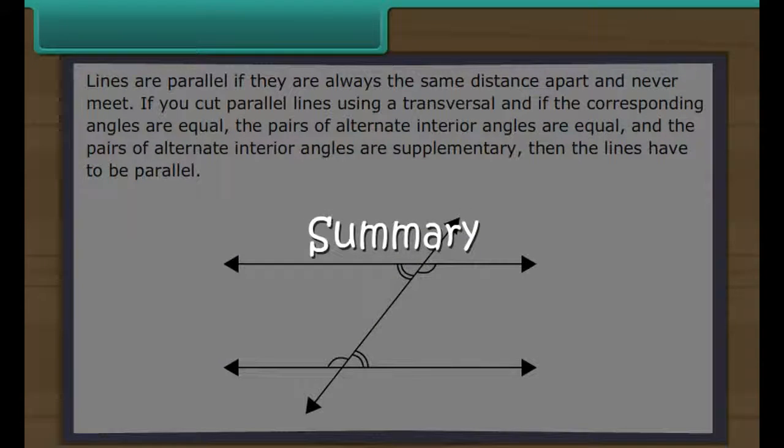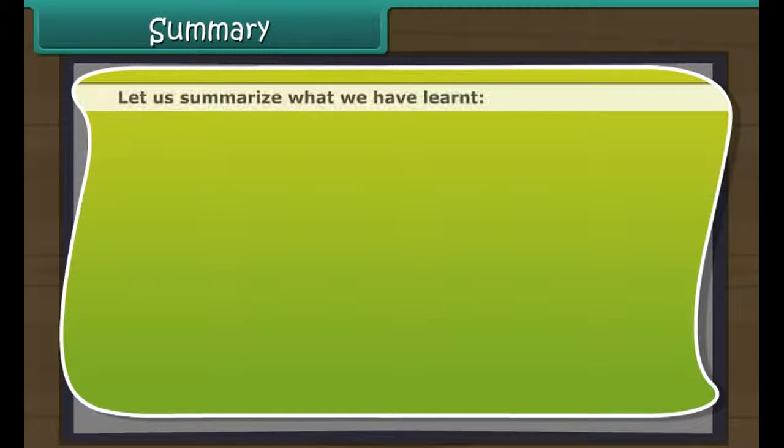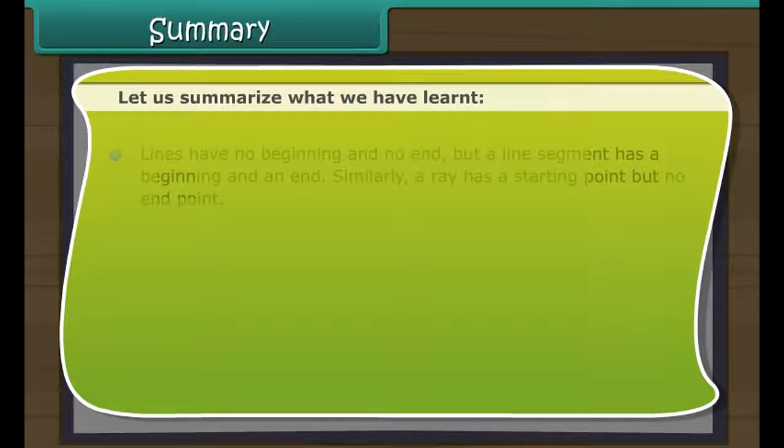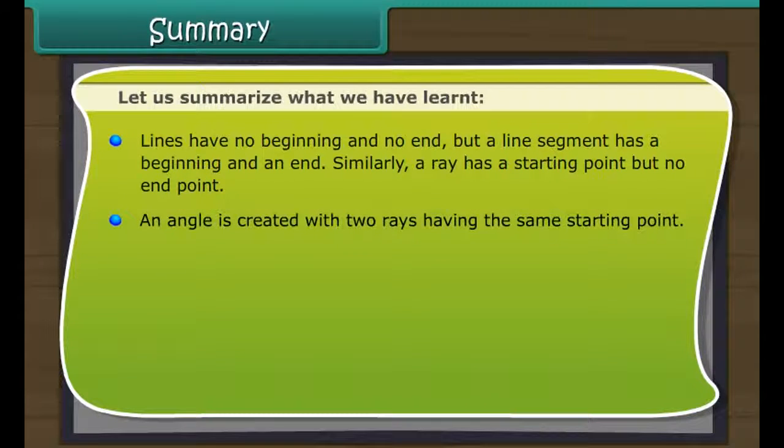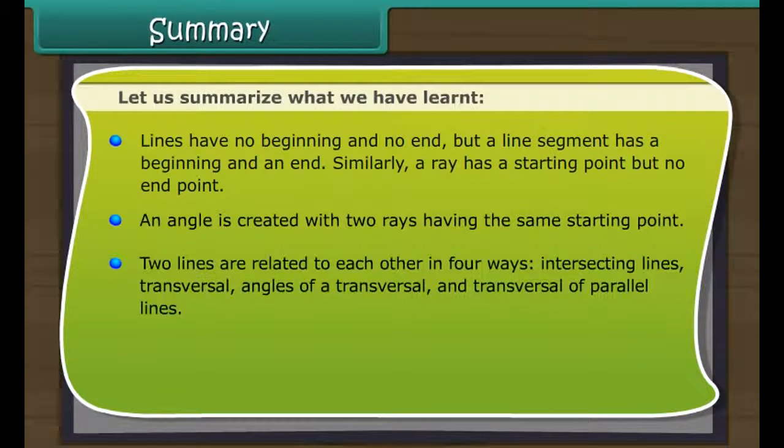Transversal of parallel lines. When a transversal cuts through parallel lines, you will see that corresponding angles are equal. Pairs of alternate interior angles are equal. Pairs of interior angles are supplementary. Parallel lines. Lines are parallel if they are always the same distance apart and never meet. You can also check if lines are parallel by cutting the lines using a transversal. If the corresponding angles are equal,